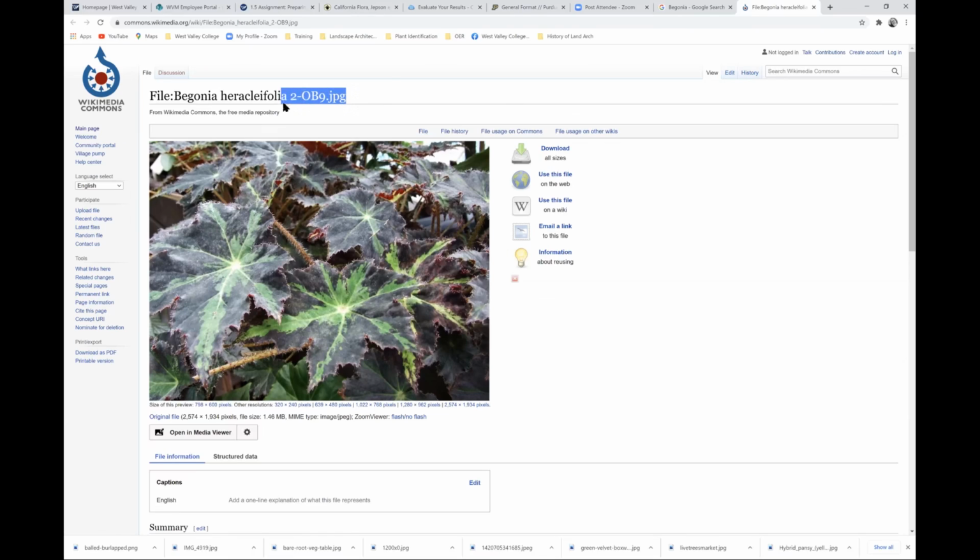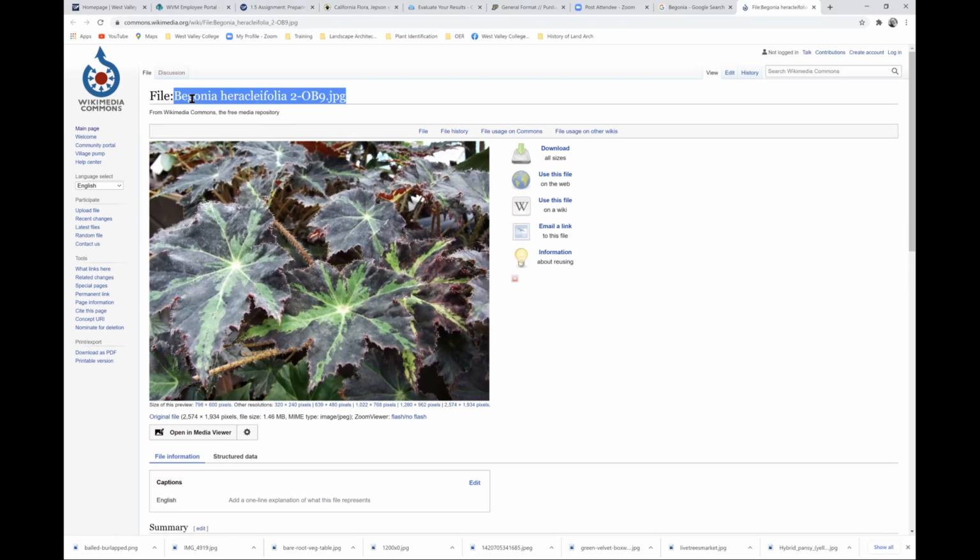That's this information up here. And that information needs to be in quotes at the very beginning of your attribution. And so you just right click it, copy, and then paste it into your file. All right. So that's the title of the photo that you're referencing.